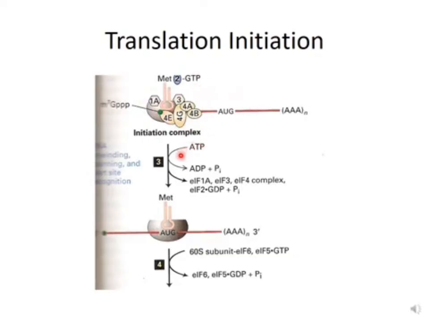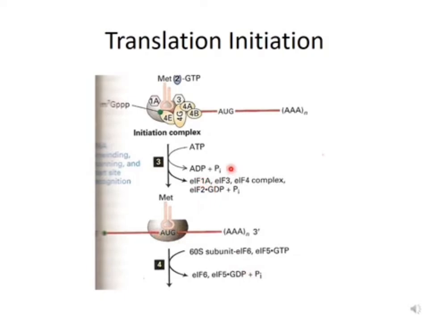So this is the initiation complex. This ATP is hydrolyzed for EIF4A to untangle any secondary structure in the mRNA. And then the mRNA is scanned until the AUG or the start codon is found, and the methionine, the anticodon, is bound to the codon on the mRNA. Once that is recognized,